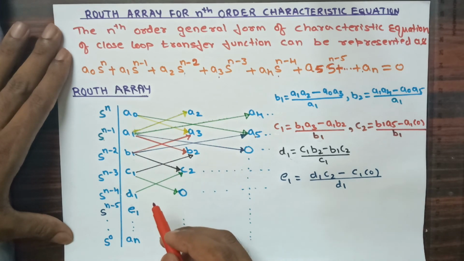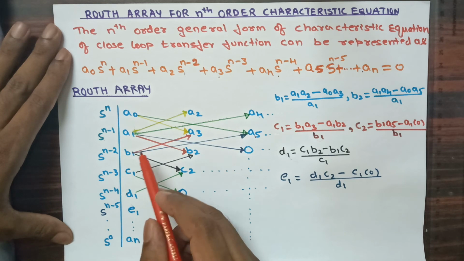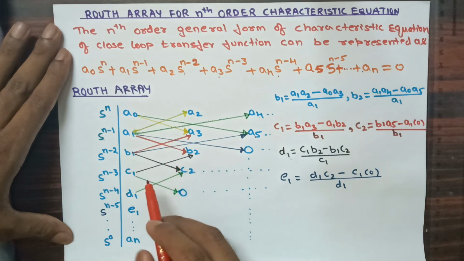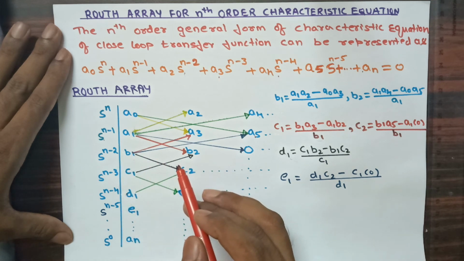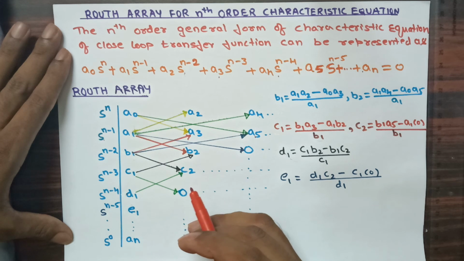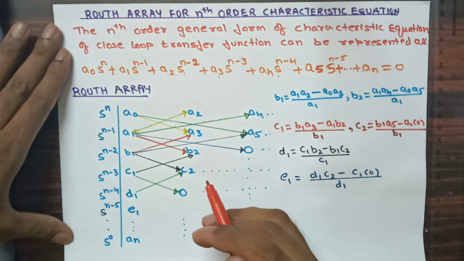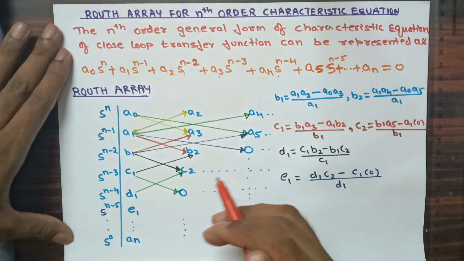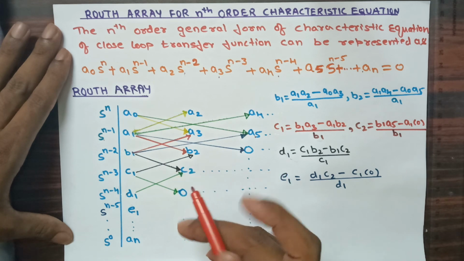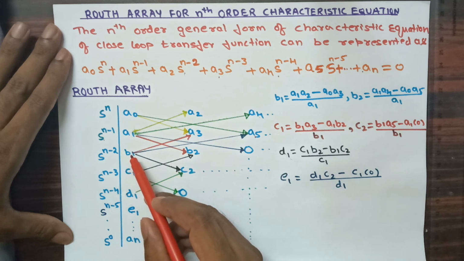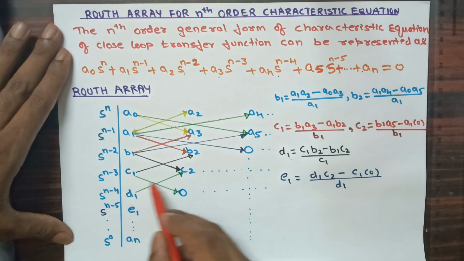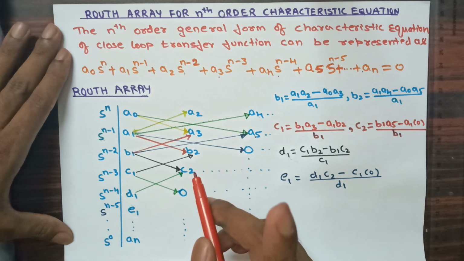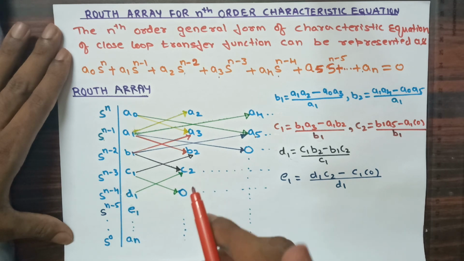Now there is one more condition you have to make a note of. During the process of array formation, you may get a complete row of 0. In this case also, to proceed further, we are going to use the Routh-Hurwitz case 2 method to form the array. Remember, these are the two conditions. One condition is that if the first value of any row becomes 0, then we use the Routh-Hurwitz case 1 method. If the entire row becomes 0, then we use the Routh-Hurwitz case 2 method.